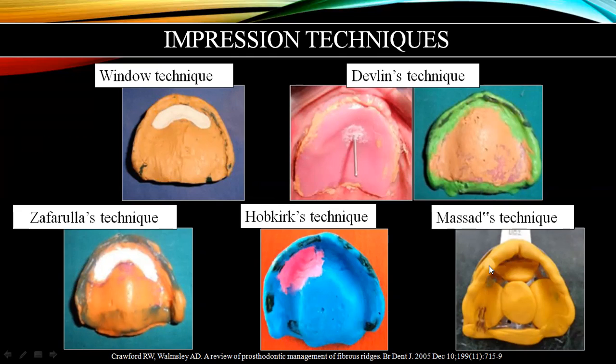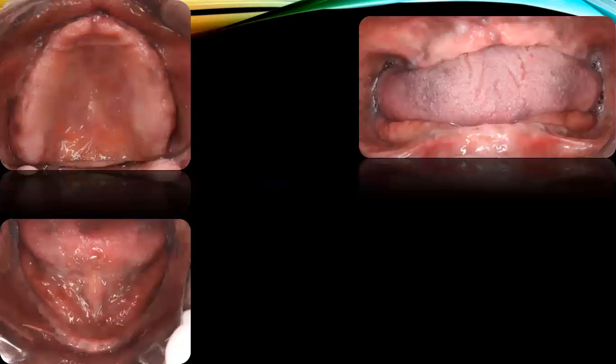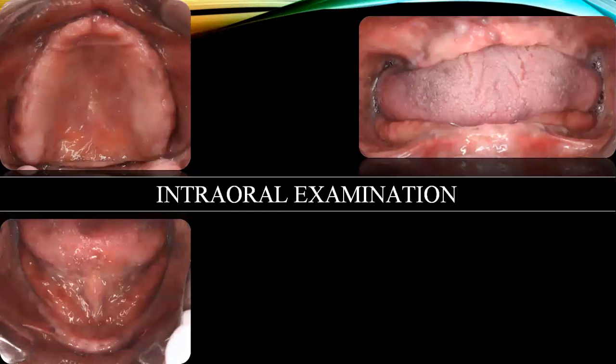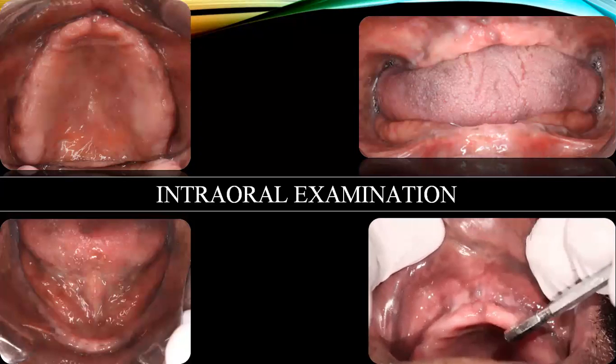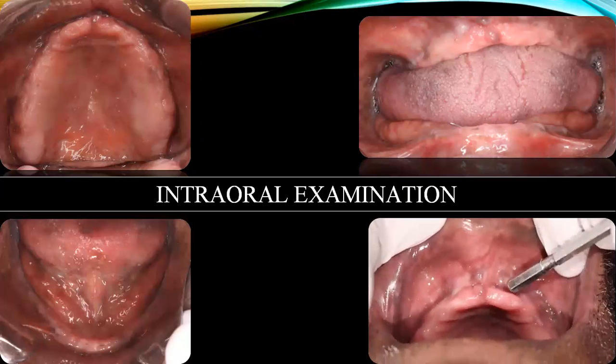So starting with our case report, a 56-year-old male patient visited the Department of Prosthodontics with the chief complaint of ill-fitting upper denture since 1 year. The patient had a history of extraction of mandibular anteriors 2 years back. The patient was hypertensive and is on medication for the same. On intraoral examination, the patient revealed flabby tissue in the maxillary anterior region and a severely resorbed mandibular ridge.